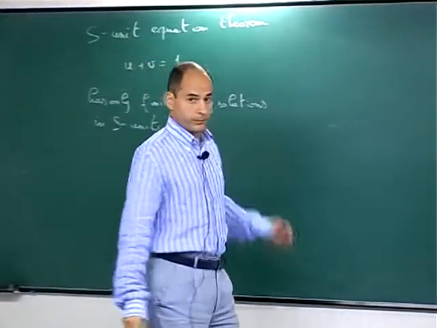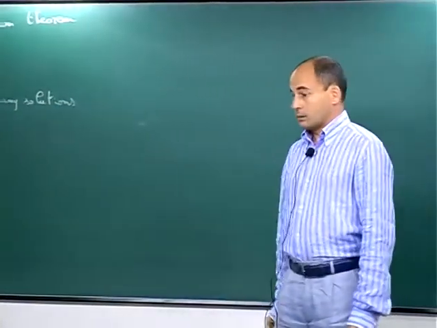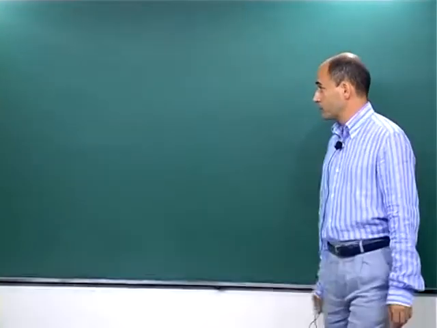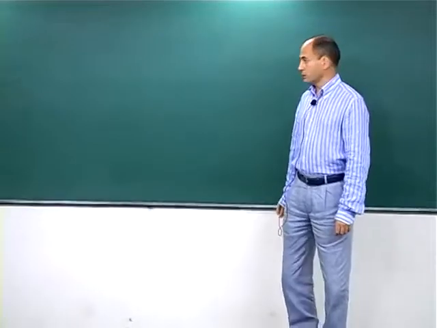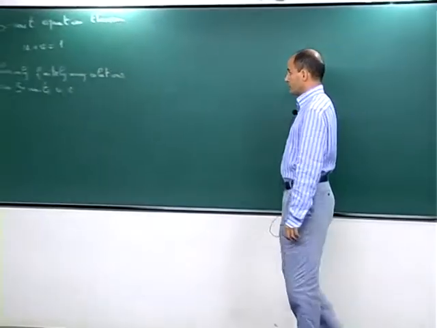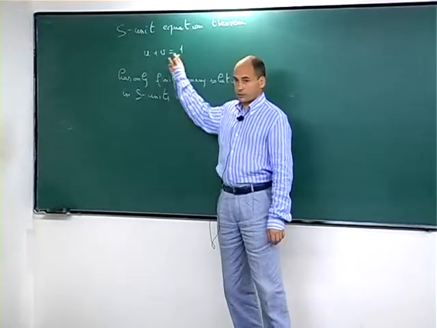So I've already proved this theorem using Roth's theorem. Then I proved Fermat's theorem again using Roth's theorem, and now I'd like to show that there exists a proof of this theorem